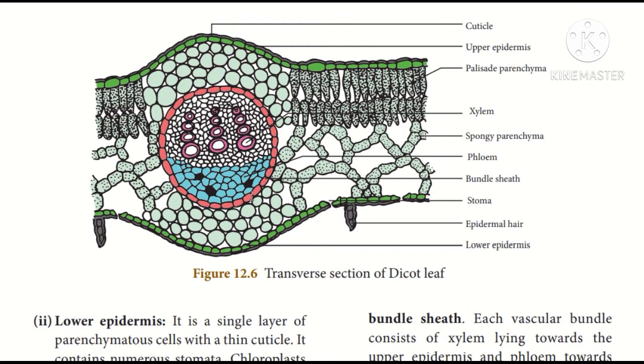Usually the upper side of the leaf is called dorsal side, or it's also called adaxial side, and the lower side of the leaf is called ventral side, or it's also called abaxial side. So in a leaf, if there is any differentiation of the upper side and the lower side, that is, the upper side is made up of the palisade parenchyma and the lower side is made up of the spongy parenchyma, if this differentiation is present, it is called a dorsiventral leaf. And mango leaf is given as an example for the dorsiventral leaf.